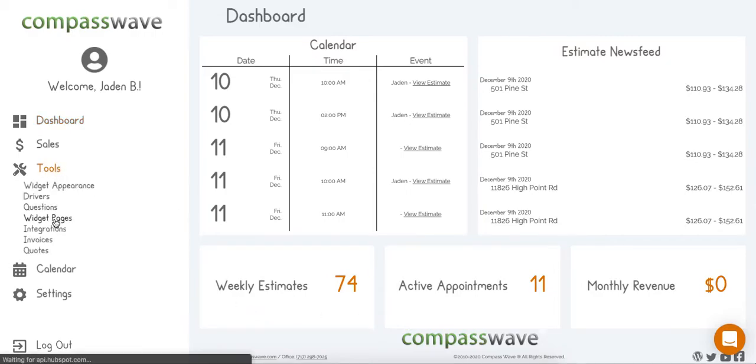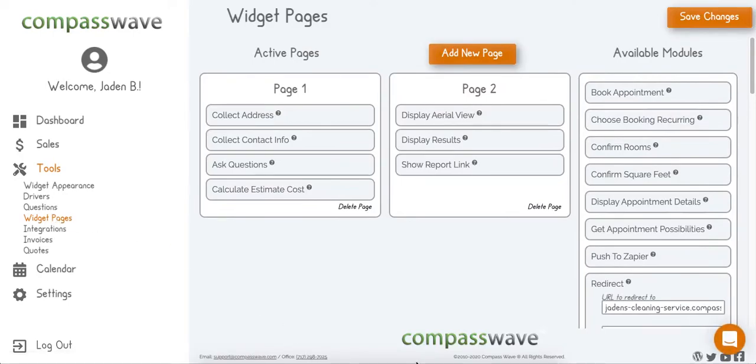You go to Tools and Widget Pages. Now we give you a default widget here, and you're more than welcome to leave it alone if you would prefer. However, I strongly recommend to take full advantage of this powerful feature and customize the widget to your company's needs. So basically the idea here is that instead of handing you a fully complete puzzle, we're just giving you a bunch of little pieces. They're called modules in Compass Wave. These modules can be pieced together to create whatever picture you'd like, or whatever you'd like your widget to end